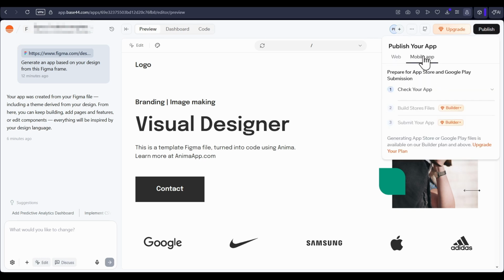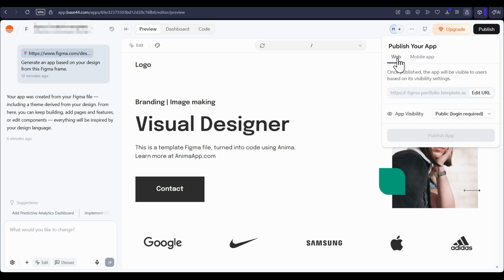So, this was everything about how you can import your Figma designs into Base44 and turn them into a fully